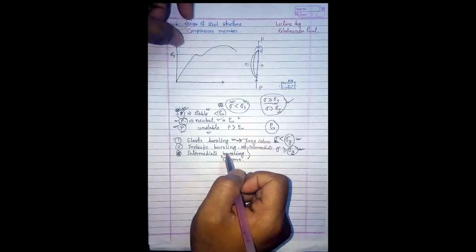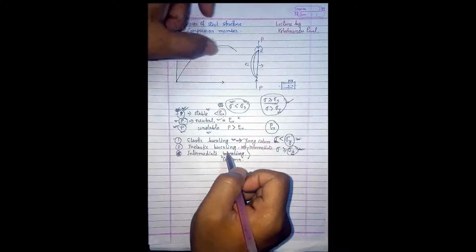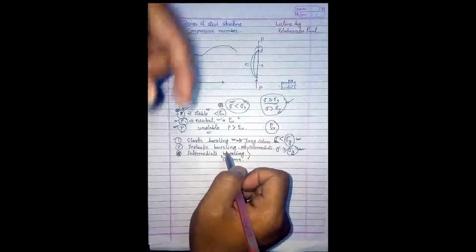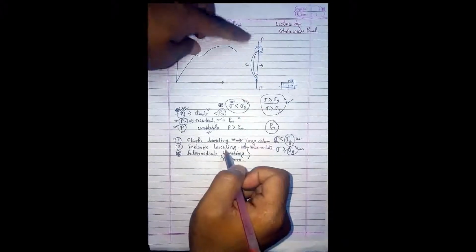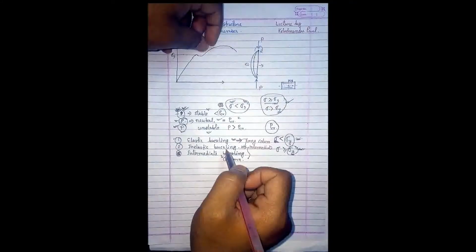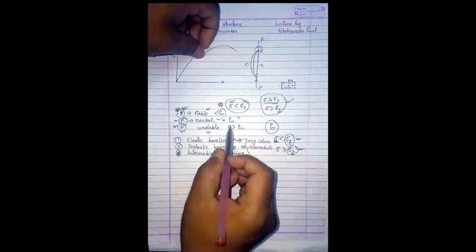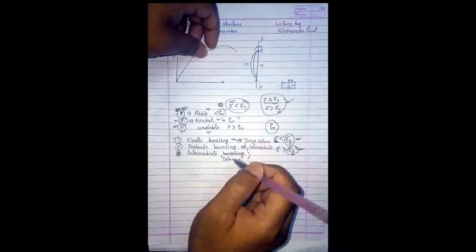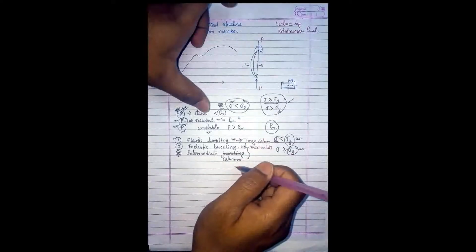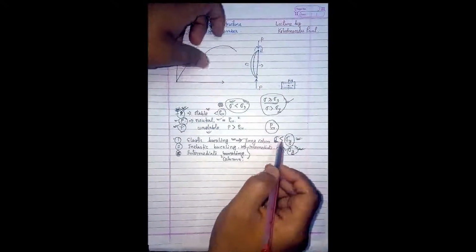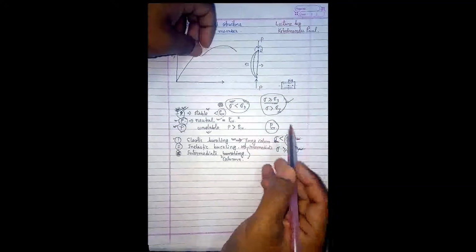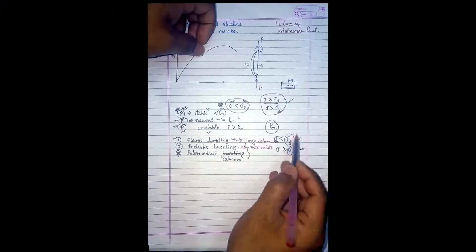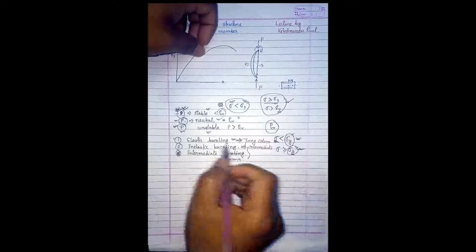Even though the stress has not crossed the yield stress, the member is failing. This phenomenon can be seen in long columns, when the member is long enough. In that case, the stress does not reach the yield stress, but the member fails before reaching it. So this is elastic buckling.